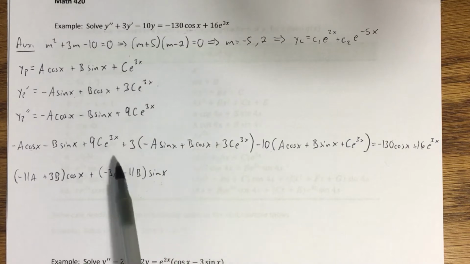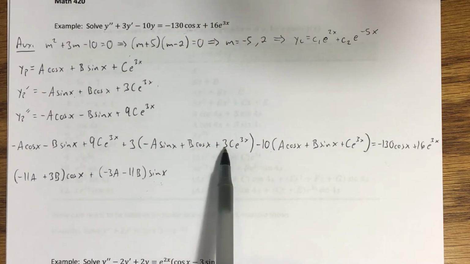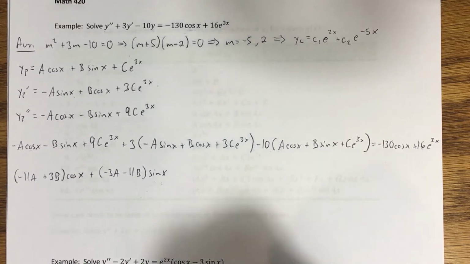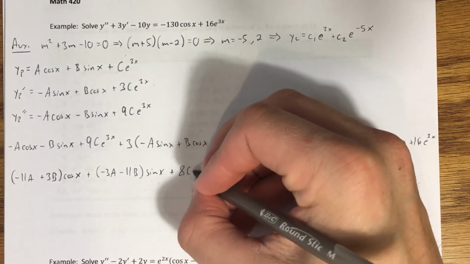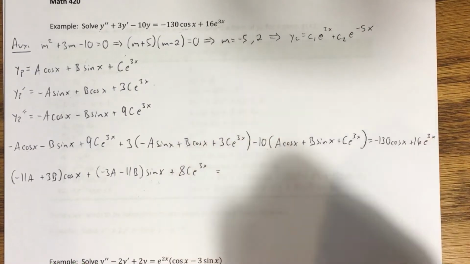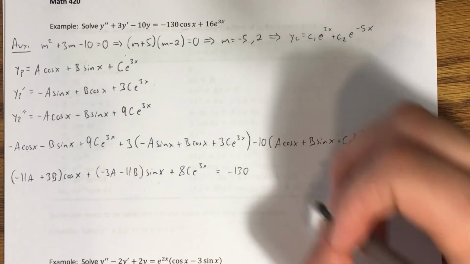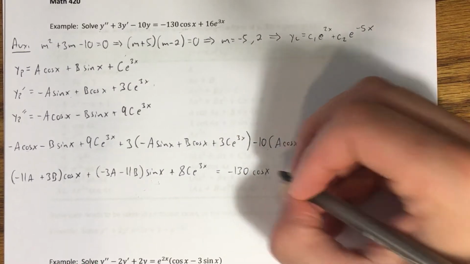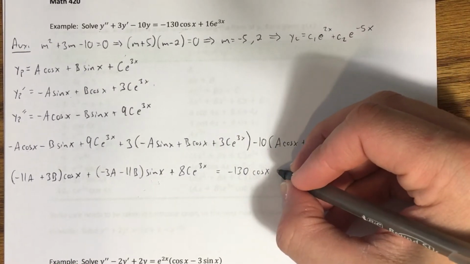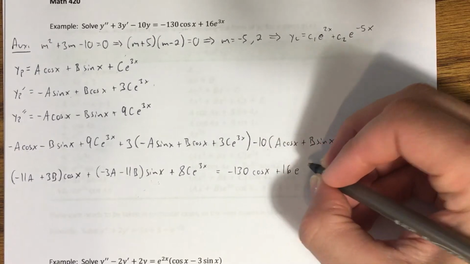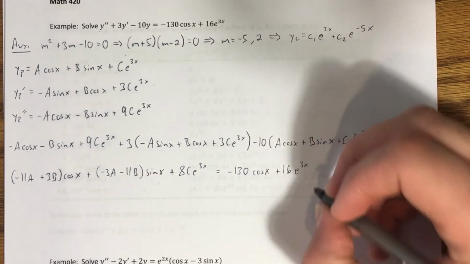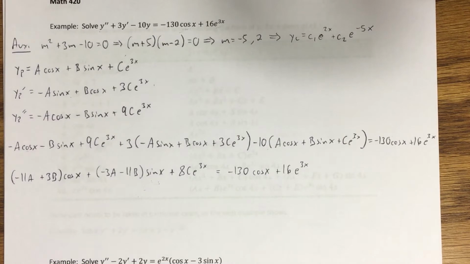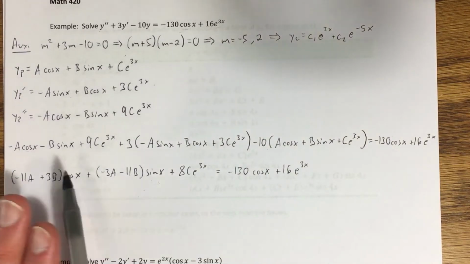let's combine all the exponential functions. So I have a 9 here. This 3 is going to distribute, give me another 9 there. So that's 18. Then I'm going to subtract 10. So it's going to be plus 8c e to the 3x equals negative 130 cosine of x plus 16e to the 3x. Okay? Now remember, once you get it down to this step,